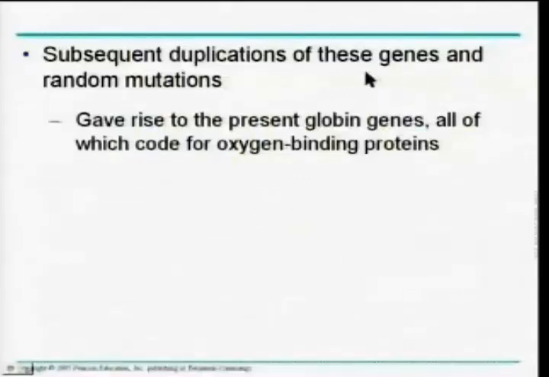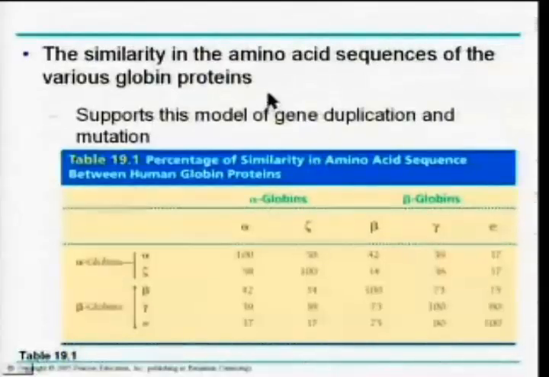Now, sequence duplications of these genes and random mutations gave rise to the present globin genes, all of which code for oxygen-binding proteins, for the alpha and beta globin protein families. The similarity in amino acid sequences of the various globin proteins supports this model of gene duplication and mutation. So the alpha globins and the beta globins,